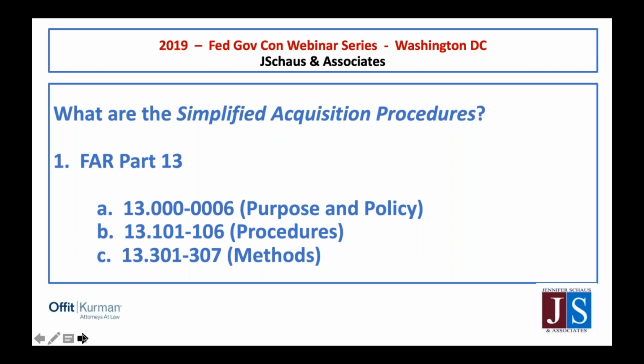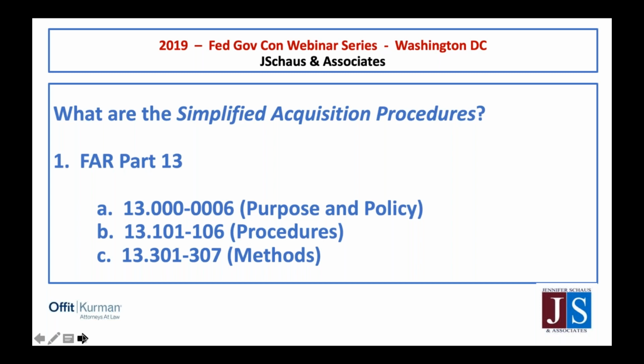One that I don't mention here, but I'll mention now, is FAR 13 subpart 5, so 13.5, which talks about simplified acquisitions for commercial items. It's a little bit different when it comes to certain commercial items that can be purchased in bulk in the commercial marketplace for an easily identified price. There's a market price for a good that's commonly found. For goods like that that are considered commercial items under the government's definition, the threshold is $7 million. So it's much higher than the $250,000 threshold that is identified for the use of other goods and services.